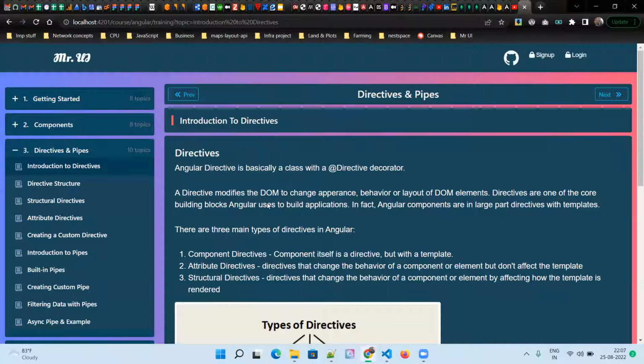Okay, so when they ask about directives, in the interviews it will be a straightforward question like what is a directive. But when you're explaining, you have to always compare it with components. Then only you'll be able to tell what is a directive. So again, component itself is a directive, but